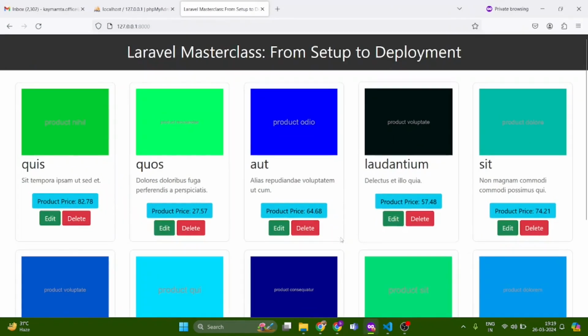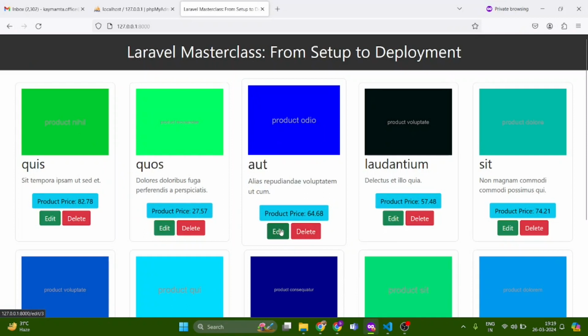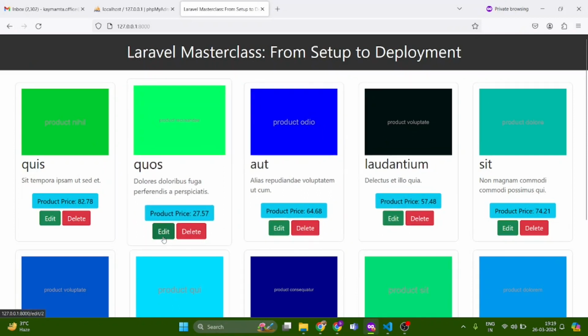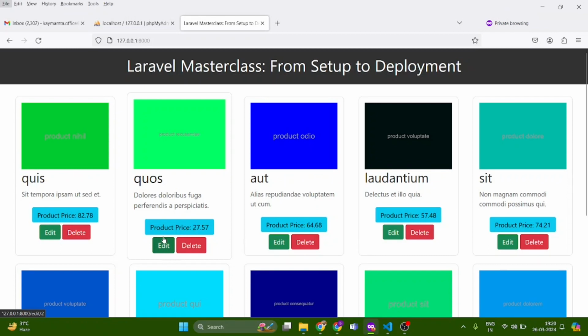Okay, so here we are. Now we will be learning how to edit any of these products from here. To do that, I have created a page link. As you can see, it is showing edit slash and the product ID. So when we click on this,